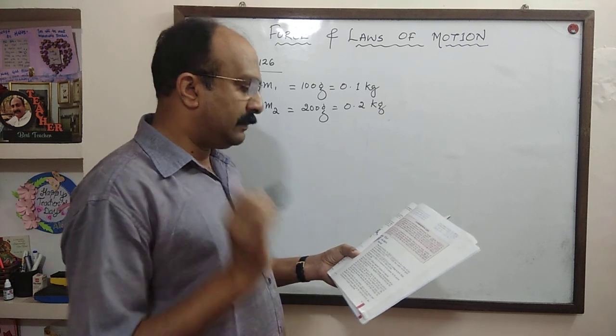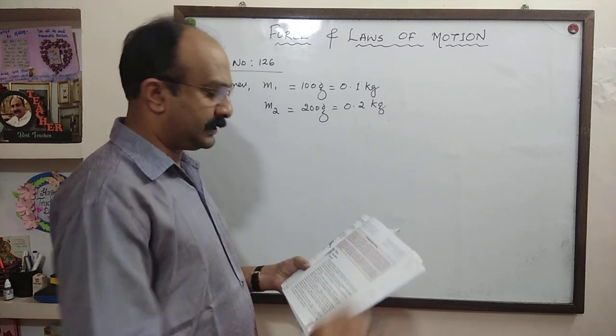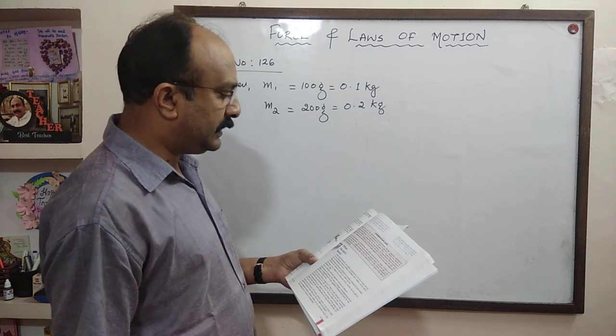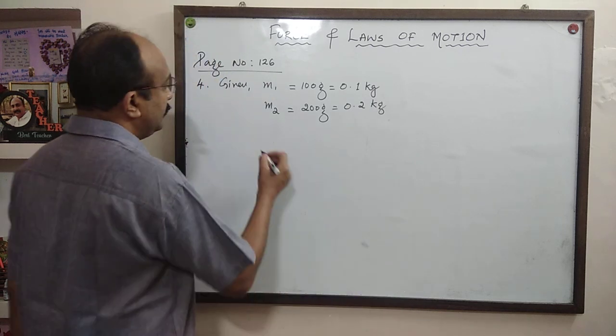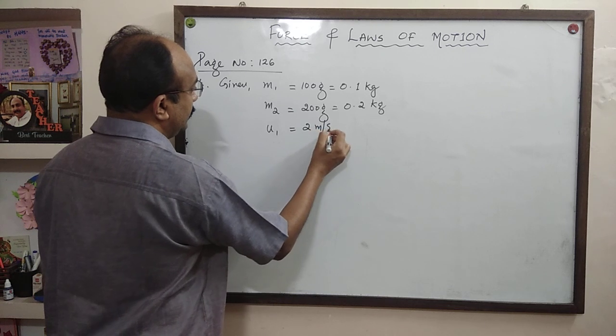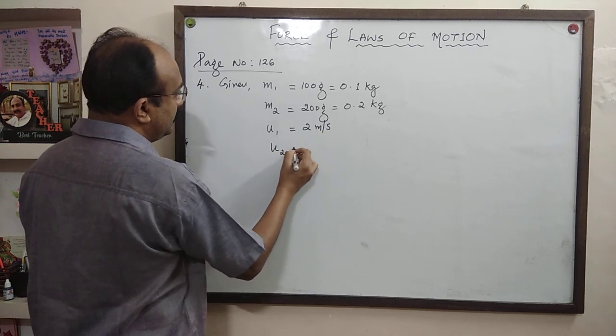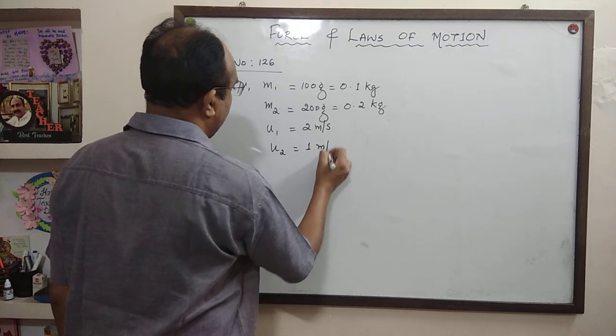Moving along the same line and direction, same line, same direction, with velocities of 2 meter per second and 1 meter per second. That is, u1 is equal to 2 meter per second and u2 is equal to 1 meter per second,